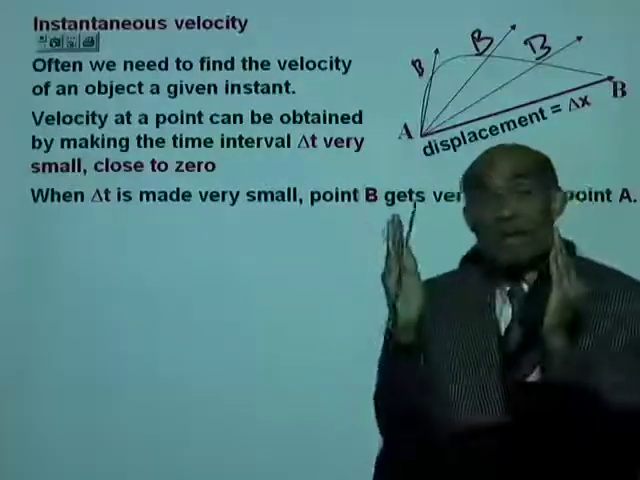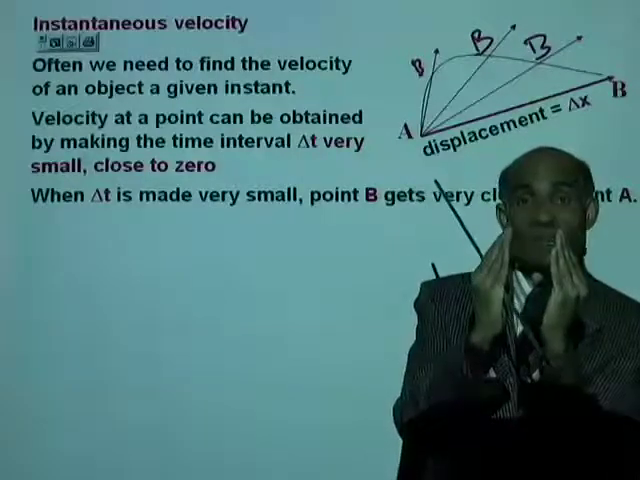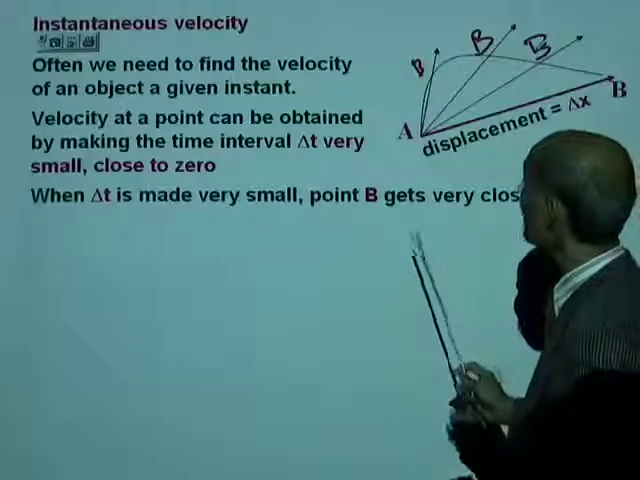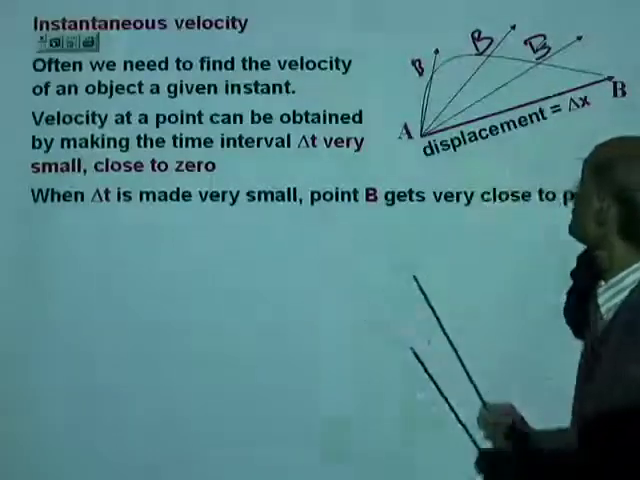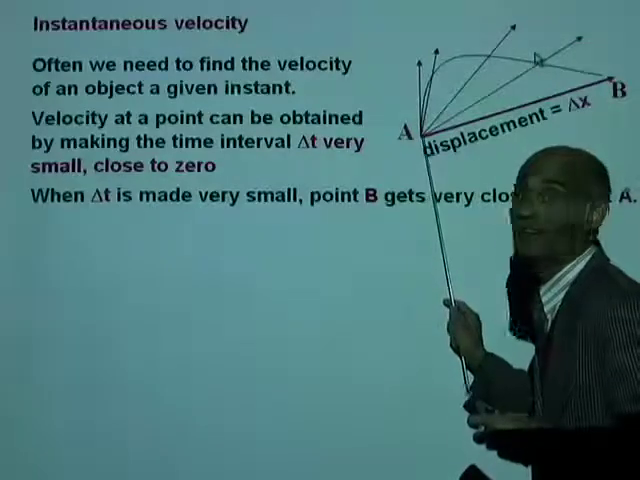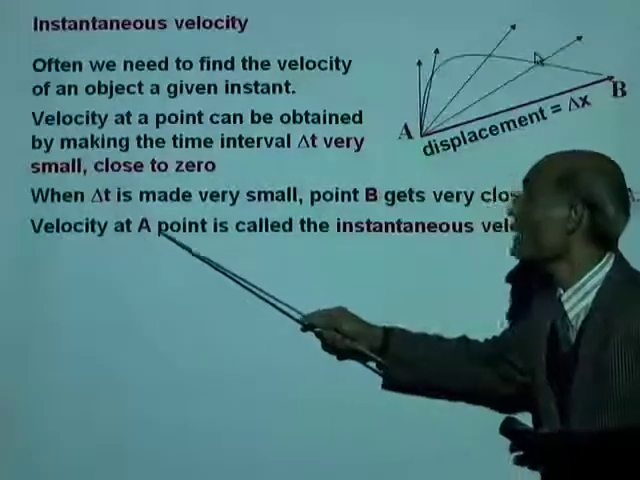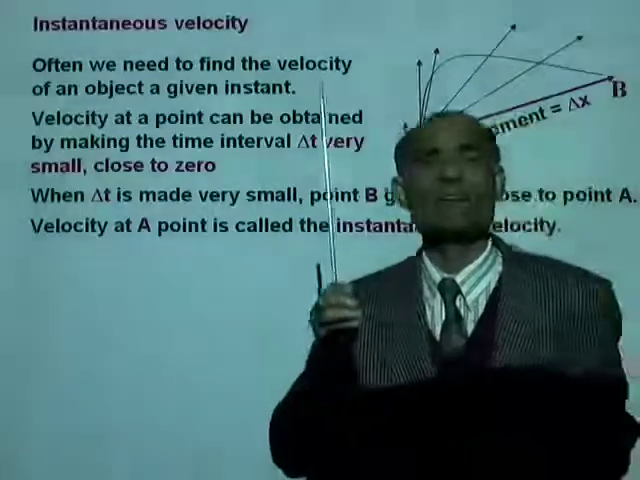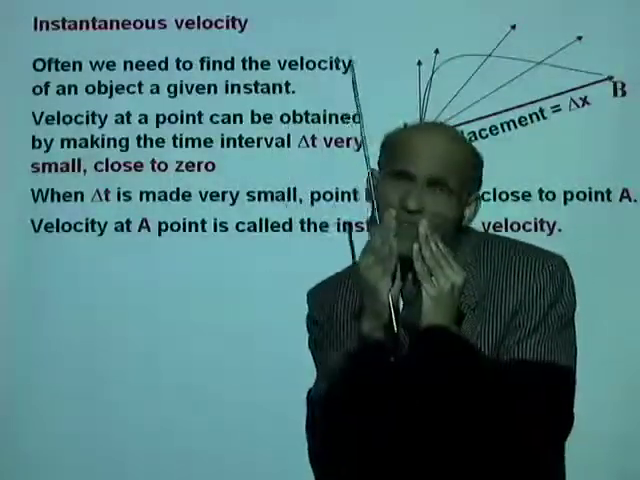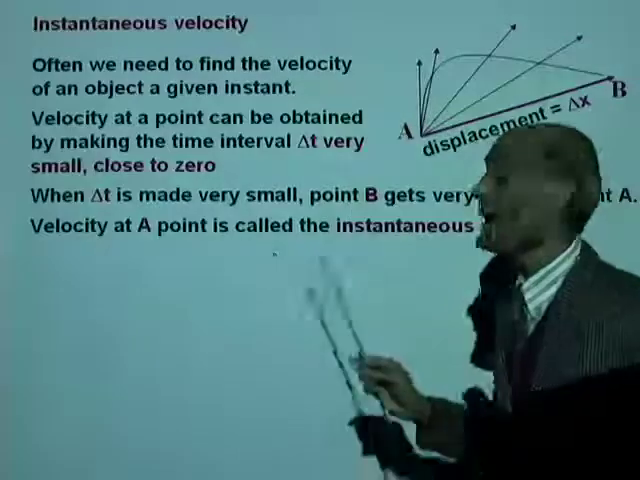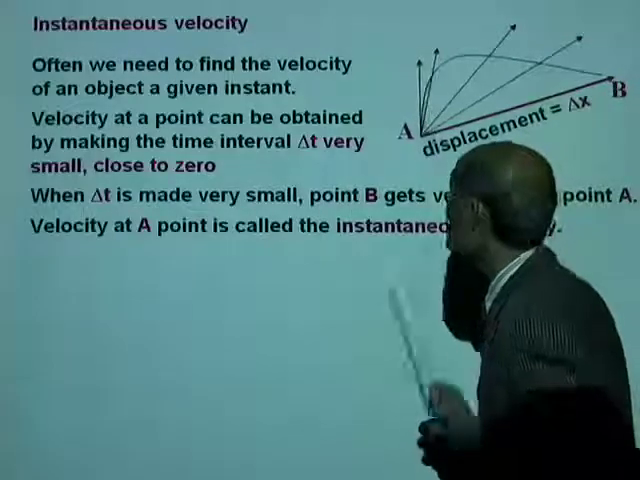So what did I do? I made the time interval shorter and shorter so that my interval becomes smaller and smaller. And finally, when delta t is made very small, point B gets very close to point A. When B is very close to A, we can then say the velocity during that very small interval can be called the velocity at A, and that will be defined by the tangent drawn at